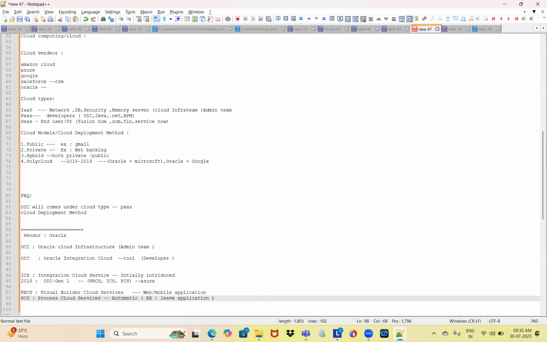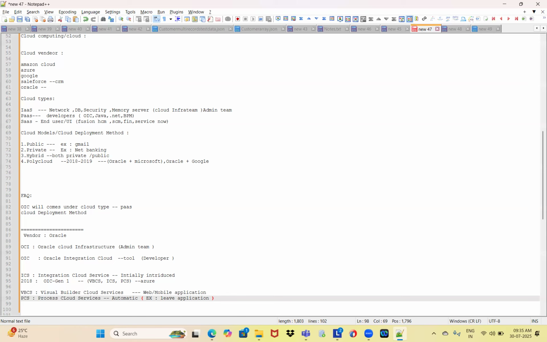it will get auto approval by the L1 manager. Once the L1 manager approves, they might have some criteria, and then it goes to the L2 manager, line 1, line 2 manager. Same way, based on your leave application or your designation, it goes through L1, L2, L3 sub levels, one by one. Once L1 is approved, it automatically goes for second approval, then third approval, and your leave is approved. That type of application is implemented under PCS cloud integration.